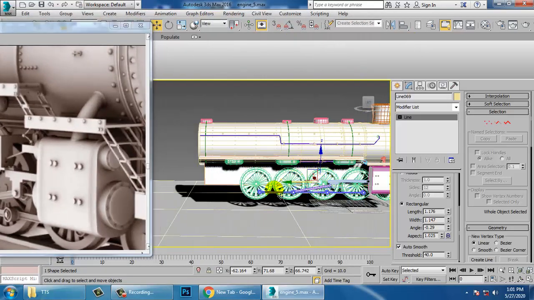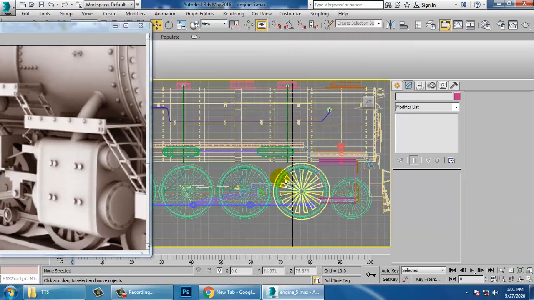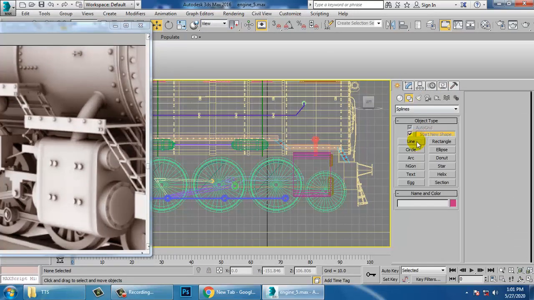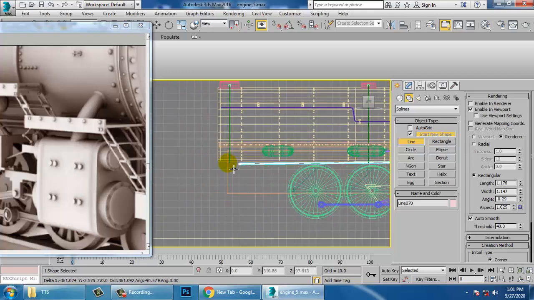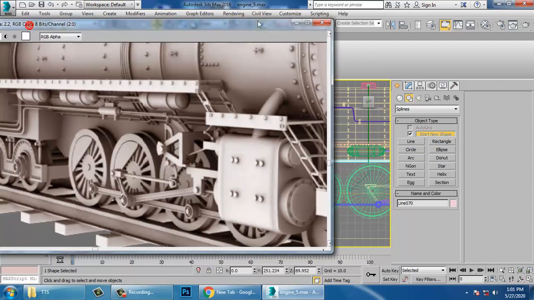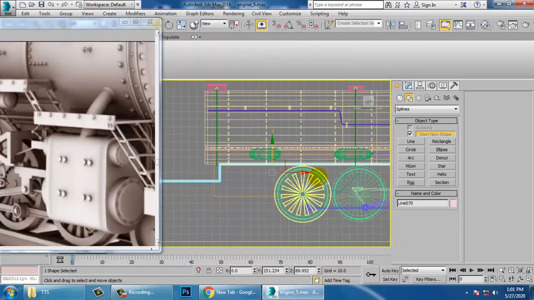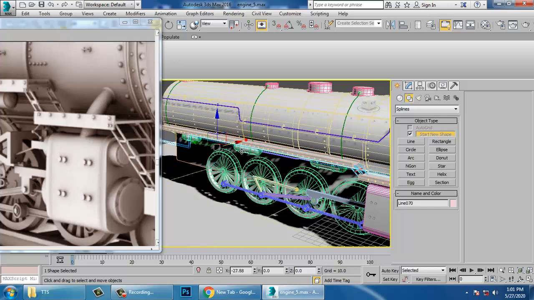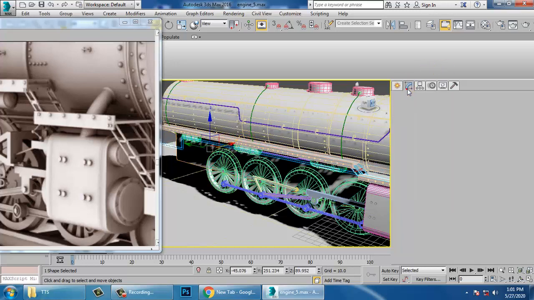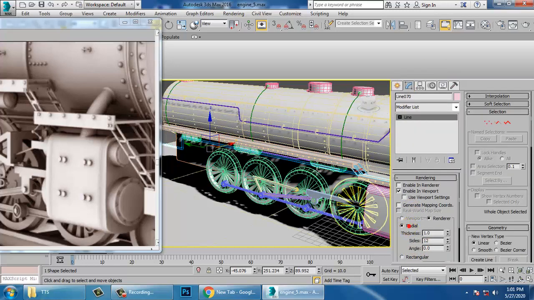Again go into the side view over here. Again take a line tool. Again just push that in this way. Push this out. Make it radial over here.